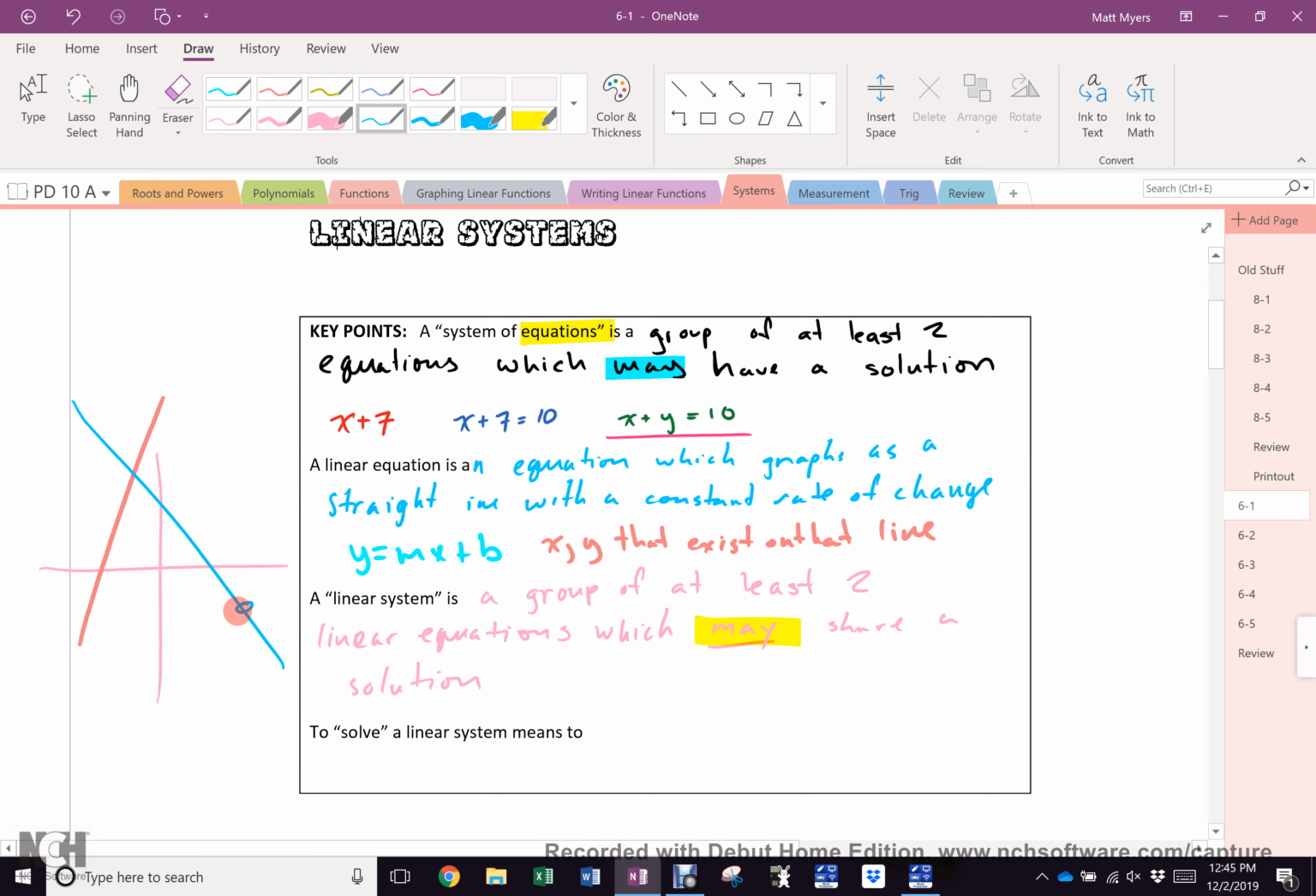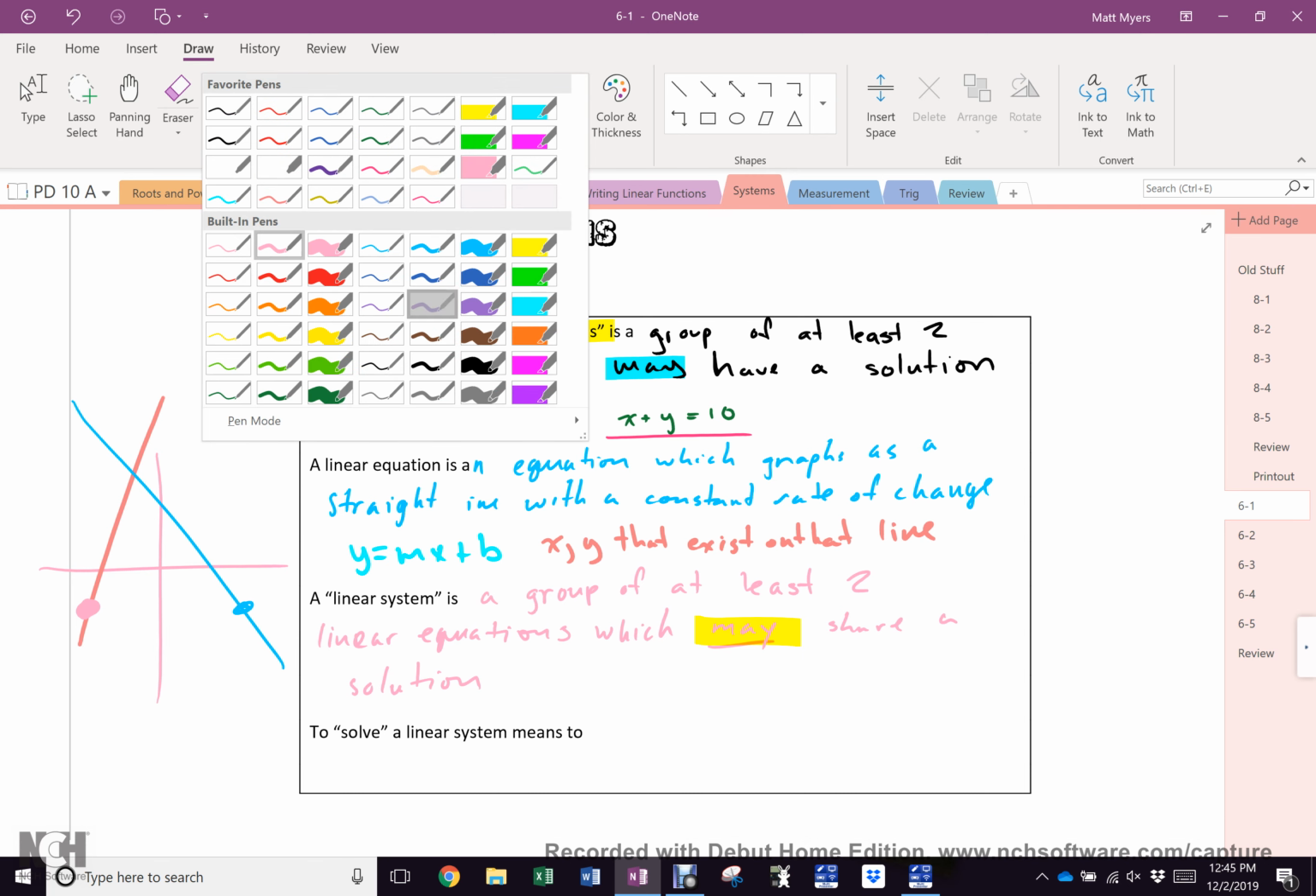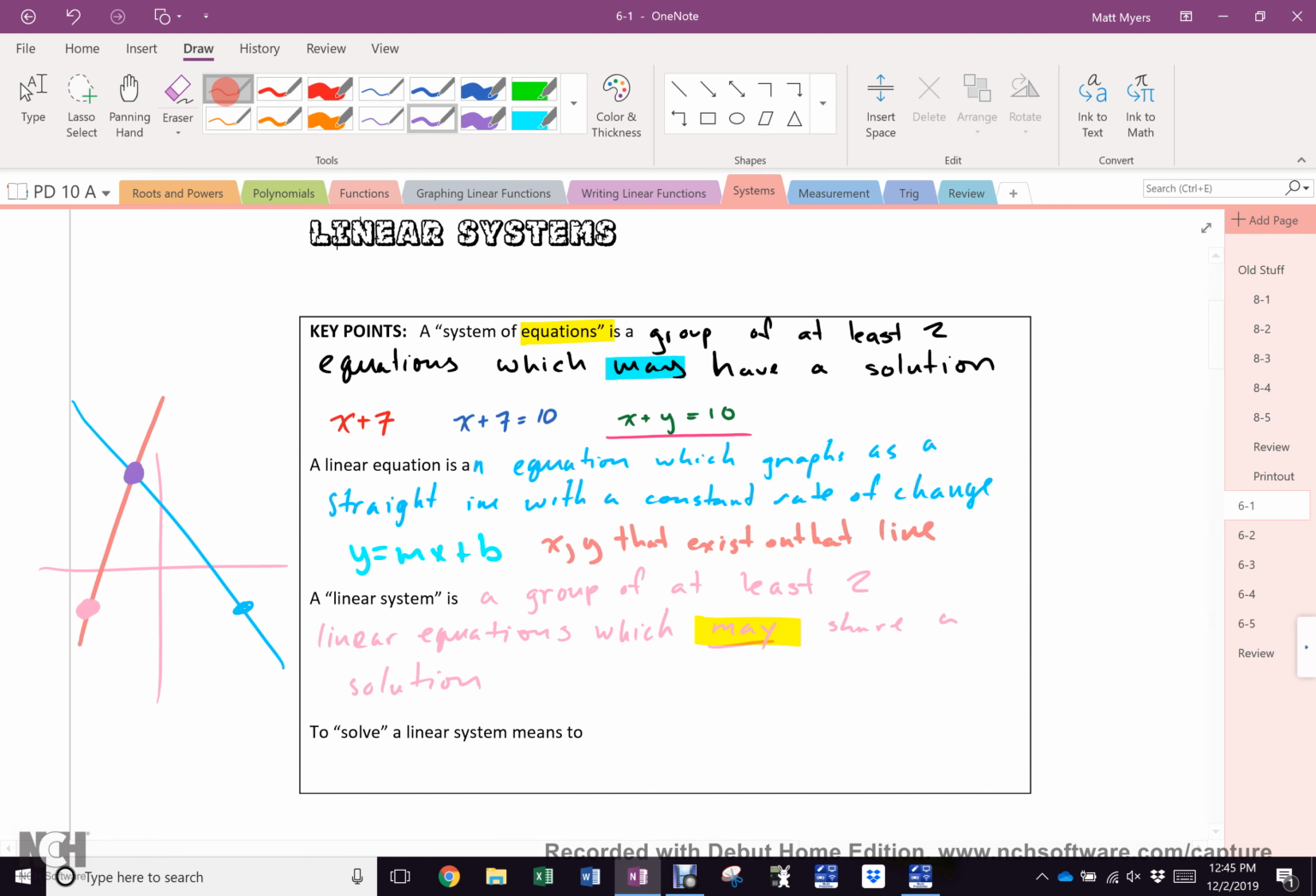This XY is not a solution to the pink line. Oh, no. This XY is not a solution of the blue line. Where is the solution? Where they intersect. So I will ask again. To solve a linear system means to find the point, which is,